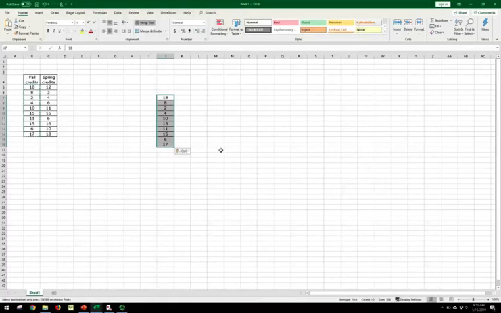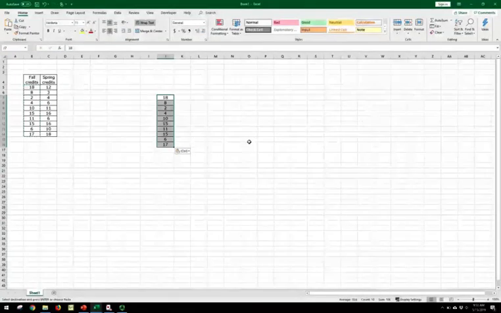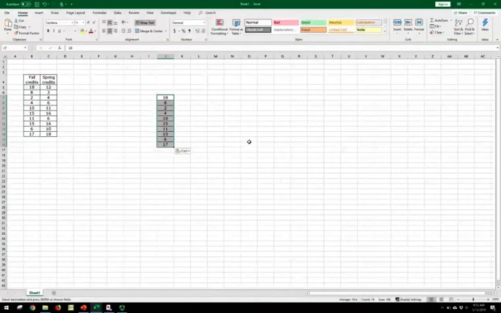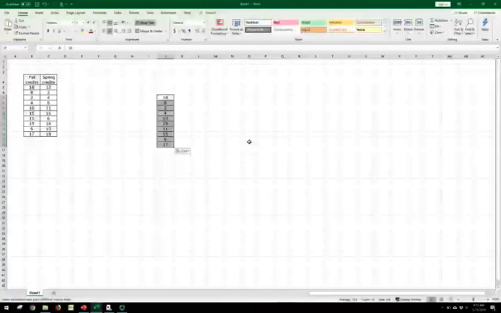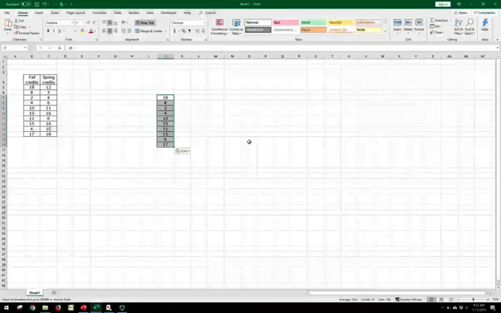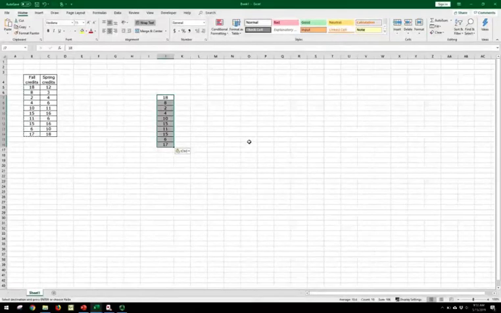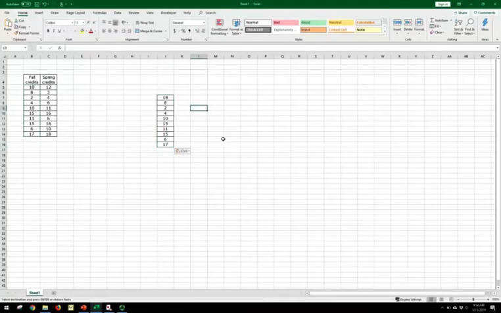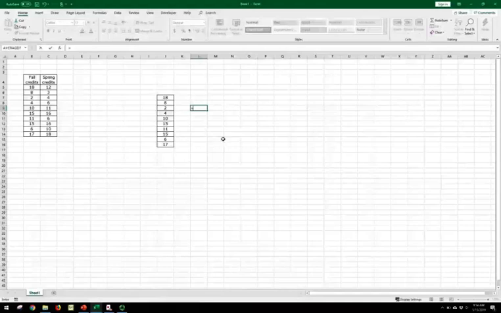And to calculate standard deviation, we have two choices. The first is the sample standard deviation, and the second is the population standard deviation. For most purposes, we will use the sample standard deviation. The population standard deviation assumes that you actually have a population rather than a sample, which in at least my experience is very rare. For this, pick a spot, type equal, and then